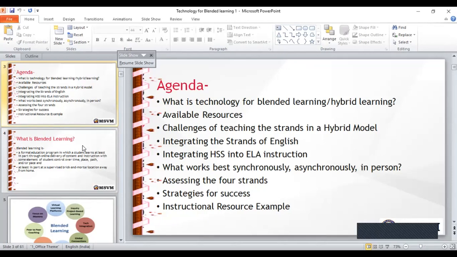Combining technology with traditional teaching, it is also referred to as reverse teaching, flip teaching, backwards classroom, or reverse instruction. It also helps students to learn at their own pace and collaborate with peers.